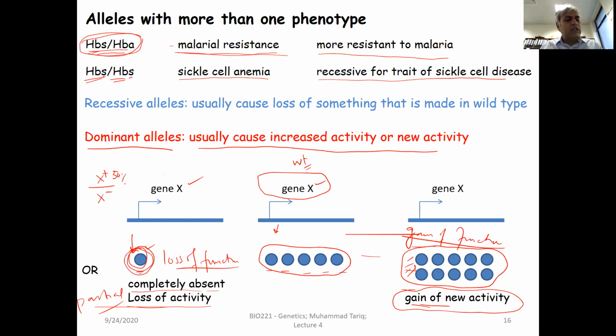Here is gene X. So this is basically wild type, and this is mutant 1 in X, and this is another possibility in the same gene, mutant 2 in the same gene, two individual possibilities. And in one case, you can say this is X prime, this is X2 prime, alleles of X, okay? And due to mutation here, you have